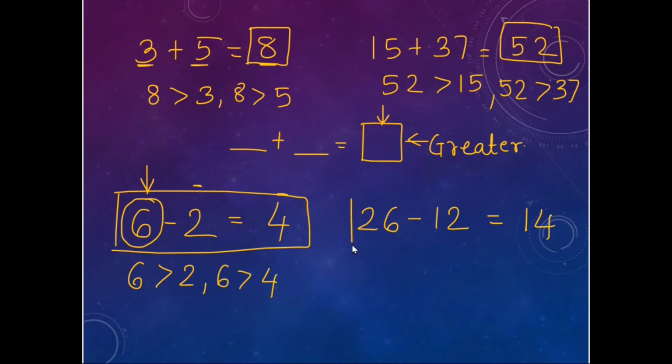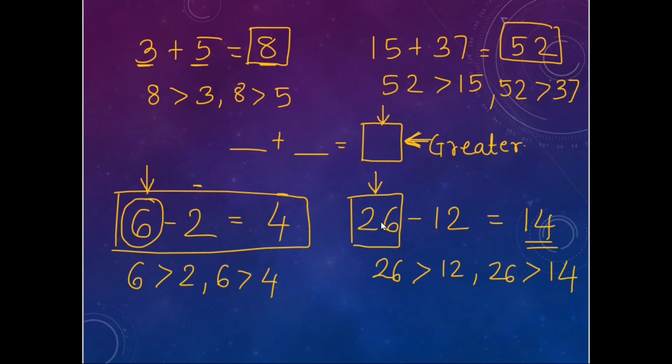Again, if you focus here, this number 26 is greater than the number 12 and the difference that you are getting, that is 14. So this is always going to remain the same. Whenever you add two numbers, your answer is going to be the greater number, and whenever you are doing subtraction, your first number from which you are subtracting is always going to be the greater number. So why am I saying this? Because we are going to use this same strategy to solve the questions. So in subtraction, this is the greater number. Now let's see how you use it to solve those questions which we were discussing earlier.